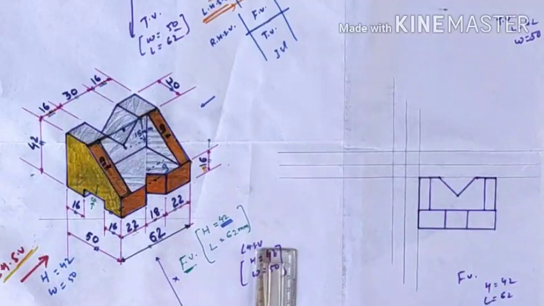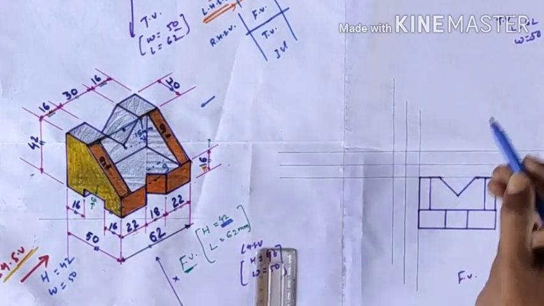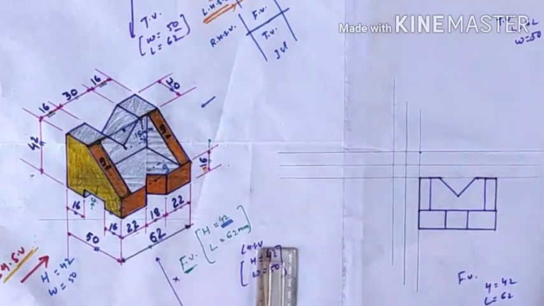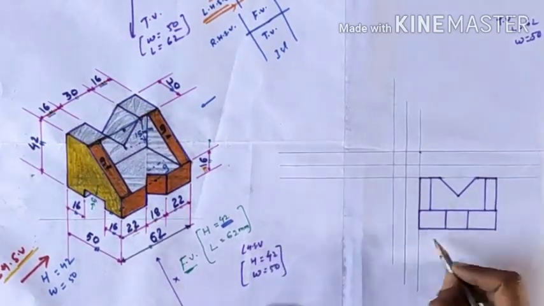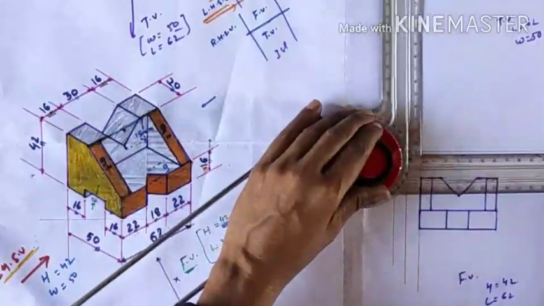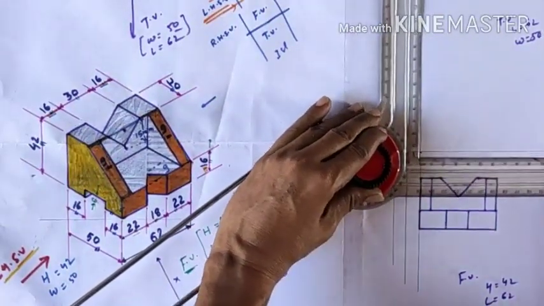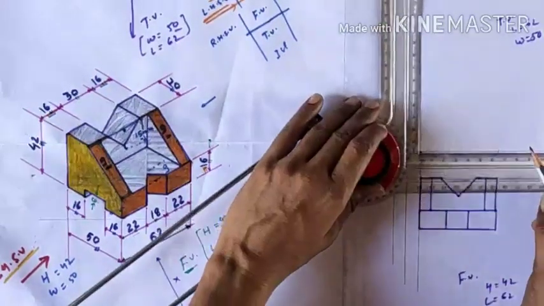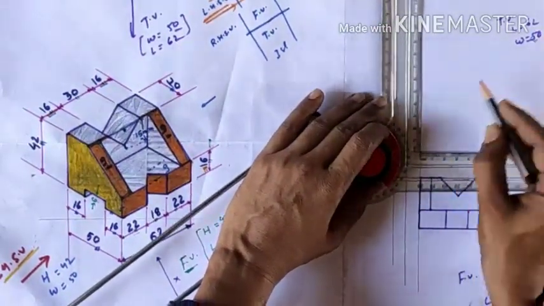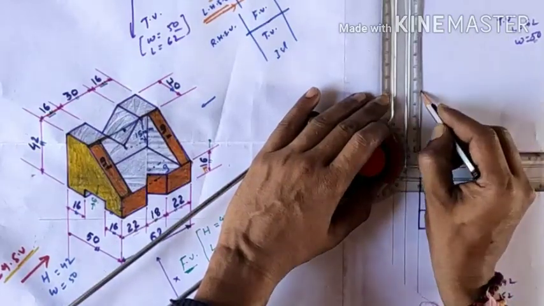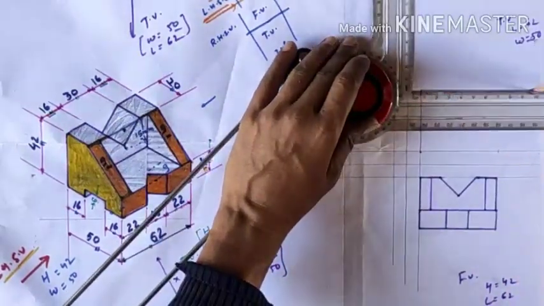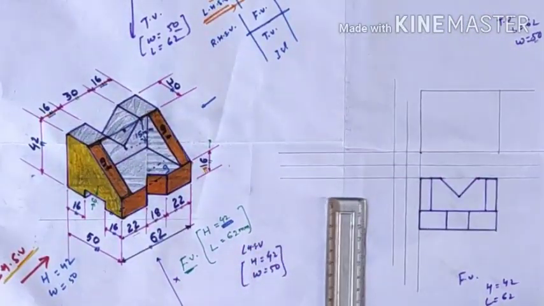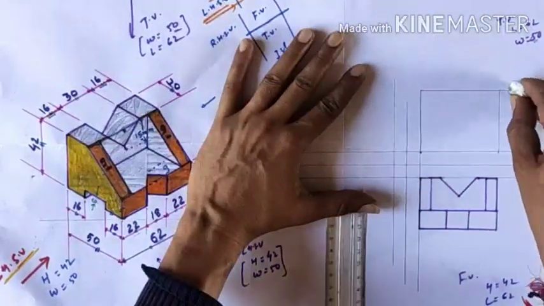So let's go for the top view. What we can say from the top view is length and width. Again we draw a box of 62 and 50 mm. This line represents the length, so again you mark here, and the 50 mm line is drawn upward because this is third angle. You draw this and join it like a box, clear? Then erase the extra lines.